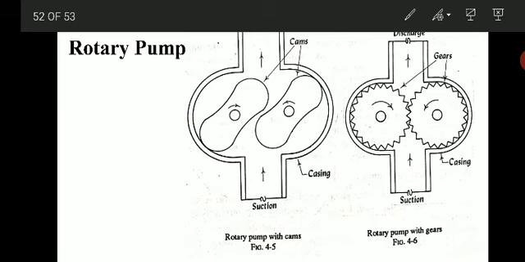So these are the main important types of pump: rotary pump, airlift pump, and displacement pumps, of which we have seen two types. Then there are a few miscellaneous types of pumps like the hydraulic ram and the jet pump, which come under miscellaneous types of pump. With this, the types of pumps with their advantages, disadvantages, and working principle are over.